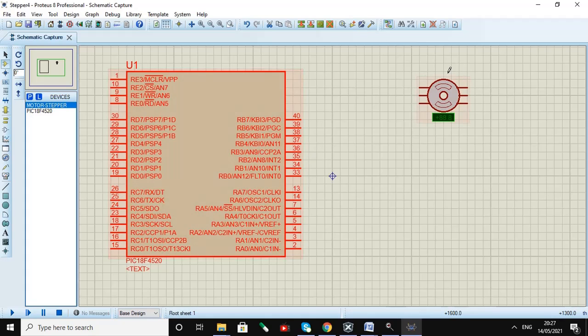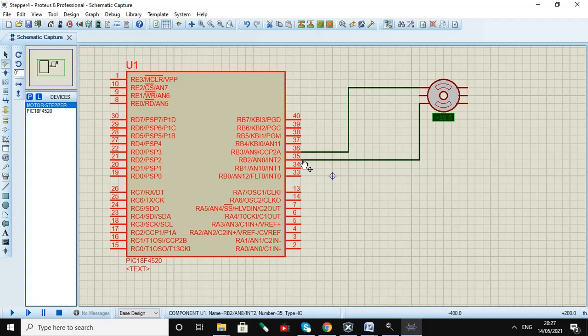Here the first pin is connected to RB3. Then the second wire is connected to RB2.